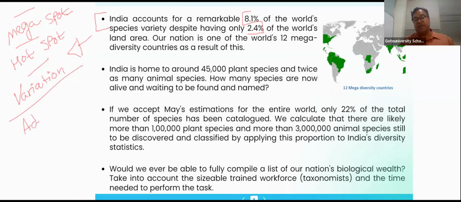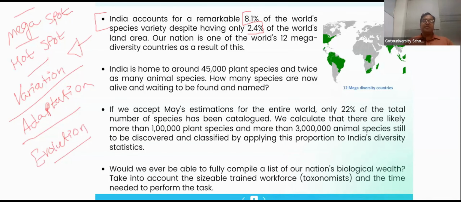So adaptation, variation, and diversity are all interrelated with each other, but they are not the same. One is adaptation, another is variation, then evolution. What we need to understand is that evolution is a very important concept, to bring the species to different varied structures so that it can survive in the given geographical area. Okay, now,